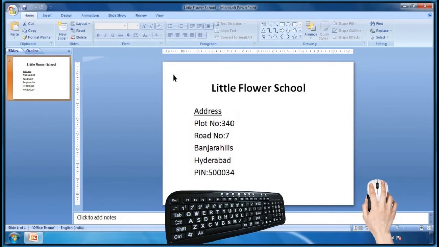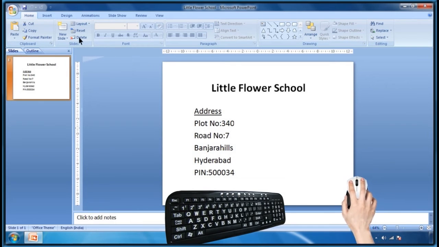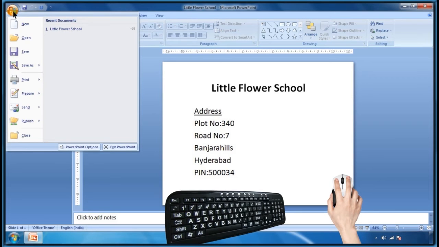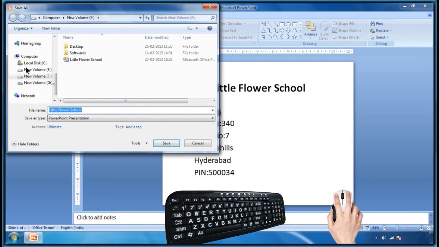Children, do you know what is save as? Save as means saving the same file with a different name. I would like to get another copy of this same file. So I am going to use save as command. Click on Microsoft Office button. Click on save as command from the appeared menu. Save as dialog box appeared.